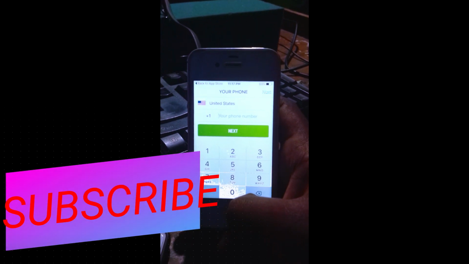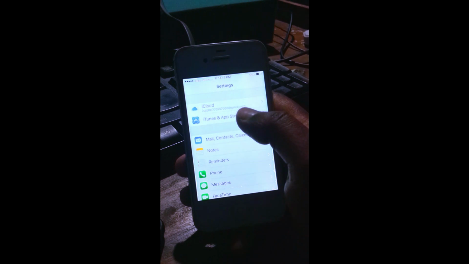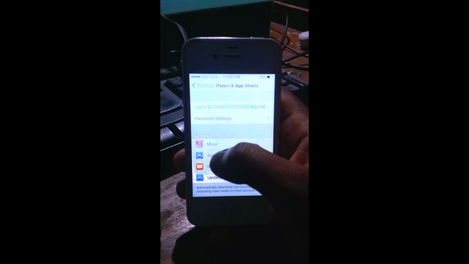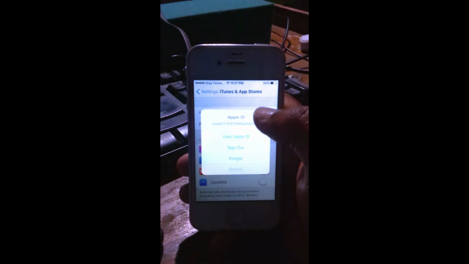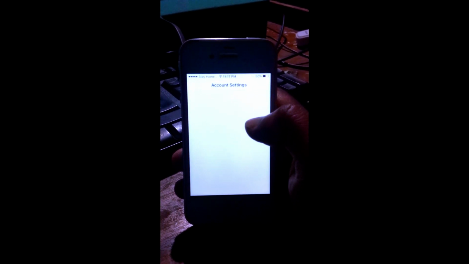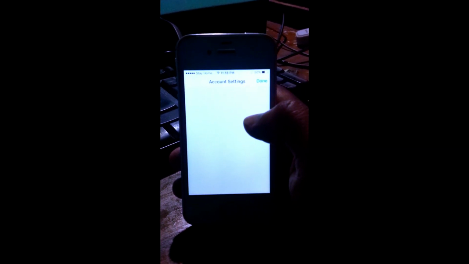Okay, when you set up your iPhone Apple ID, just like this, I go to my settings. Don't skip this video, this is very important for you. Okay, I go to my Apple ID, view Apple ID. I'll show you why everyone faces this problem. Because